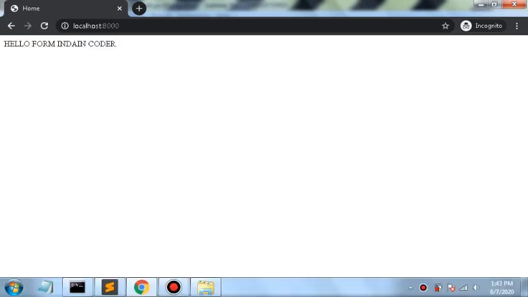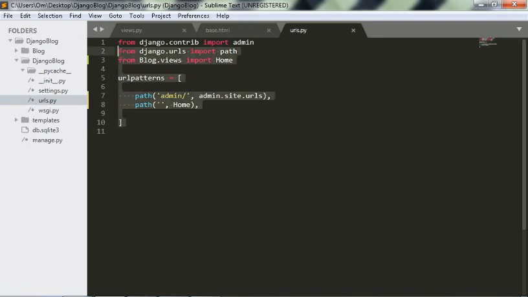Now you may ask, this is okay, but how to pass data from the application to the template?